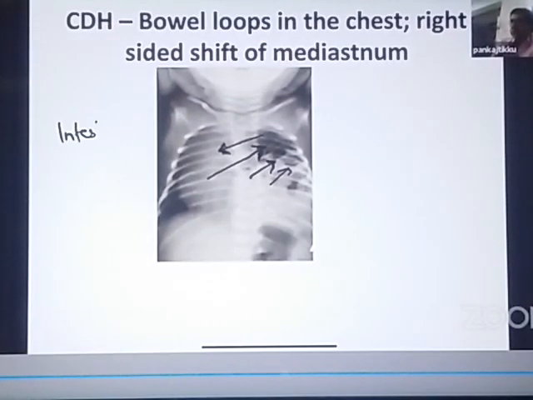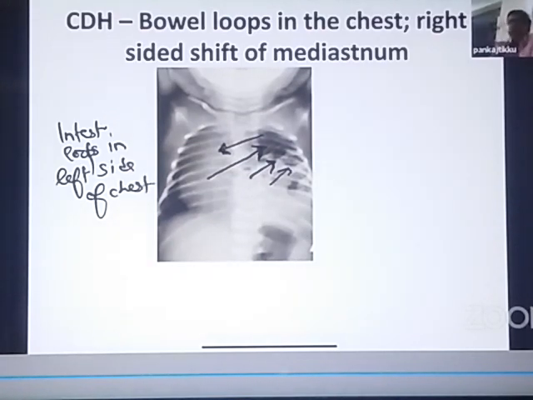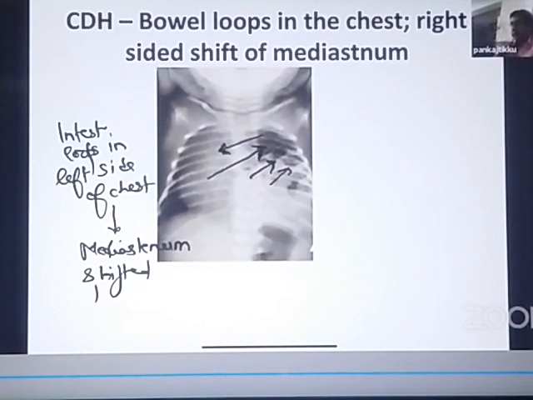Intestinal loops in the left side of the chest, and the mediastinum has shifted to the right. So when obviously the intestinal loops will enter into the chest, most of the mediastinum will shift towards the opposite